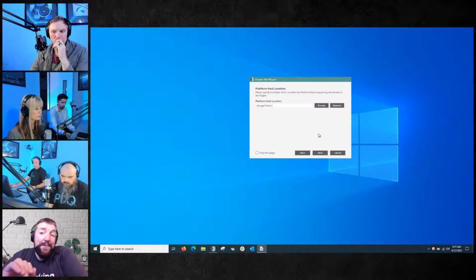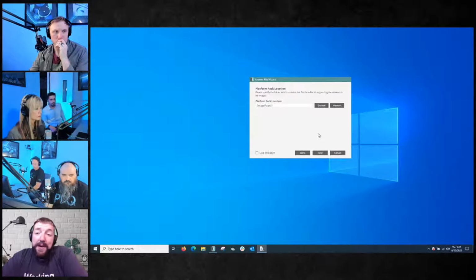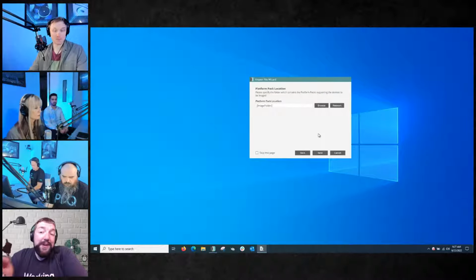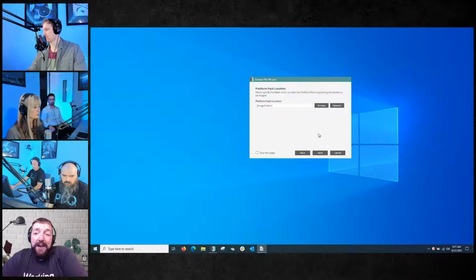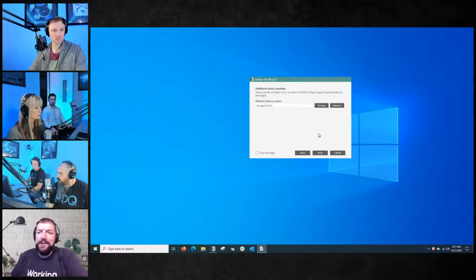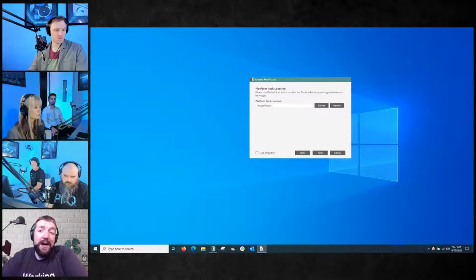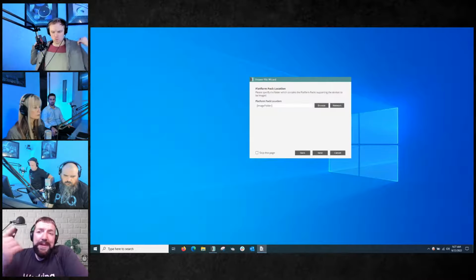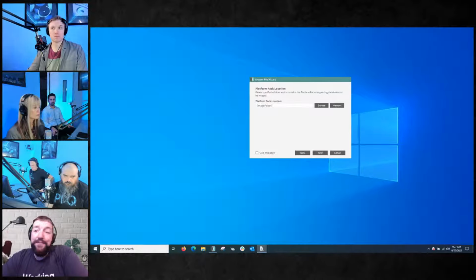Now, the most common business class laptops, desktops, and all-in-ones are all going to be included with any level of SmartDeploy subscription at no additional cost. And if you go to smartdeploy.com/support/platform packs, I believe, there is a list of which models are included without any additional cost at that lowest tier. For Dell, it's Latitude, Optiplex, Precision. For Lenovo, it's going to be anything with the word Think in it. For HP, it's going to be anything with the word Pro in it,